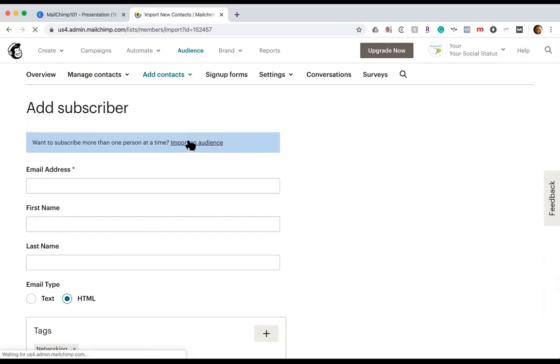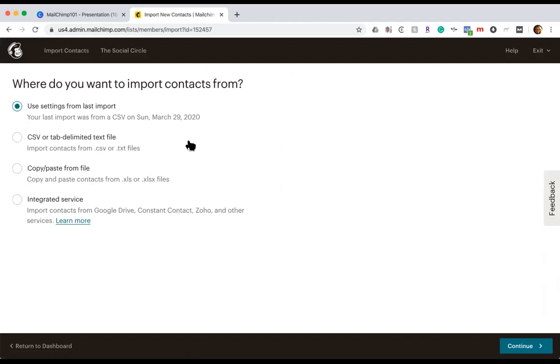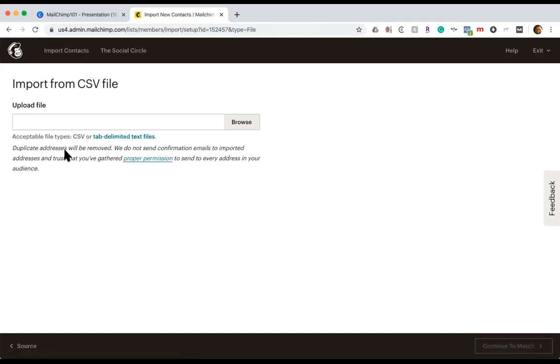So when we click import, you can do a CSV, you can copy and paste, or you can import if you're switching. Let's say you're switching from Constant Contact to Mailchimp and you want to keep your whole mailing list, you can do that. But what's really cool with a CSV file or even an Excel file is you can browse to